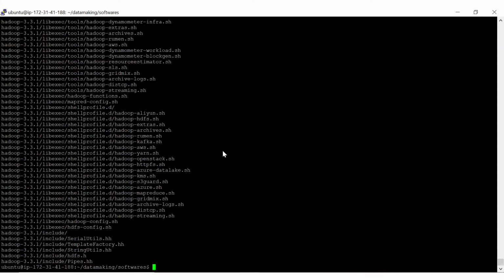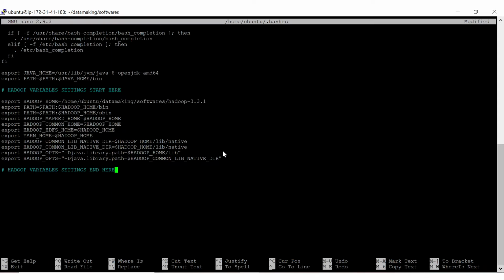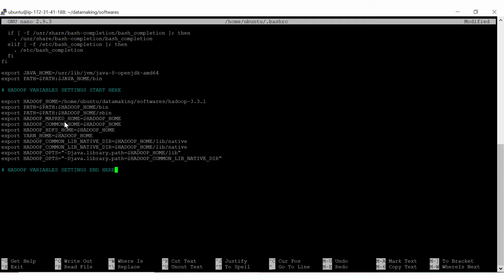Once this file is extracted, we are going to set the Hadoop home environment variable by specifying the location where Hadoop is installed. There are other environment variables we are setting up related to Hadoop, like HADOOP_HOME, HADOOP_MAPRED_HOME, HADOOP_COMMON_HOME, HADOOP_HDFS_HOME, and YARN_HOME.